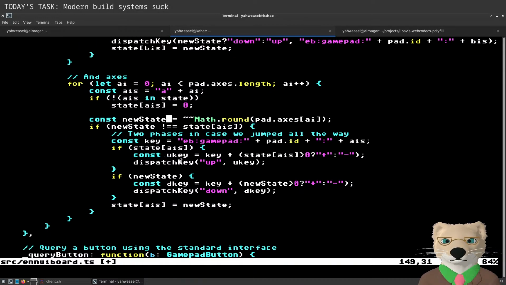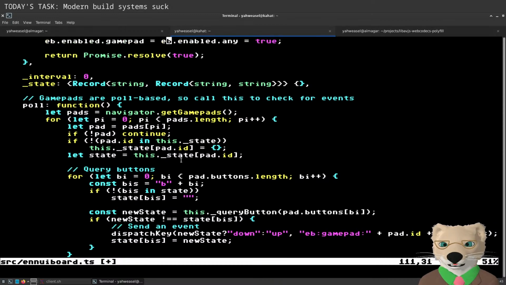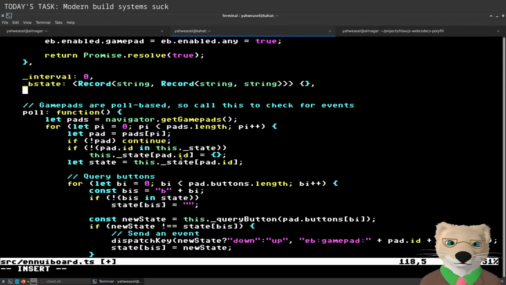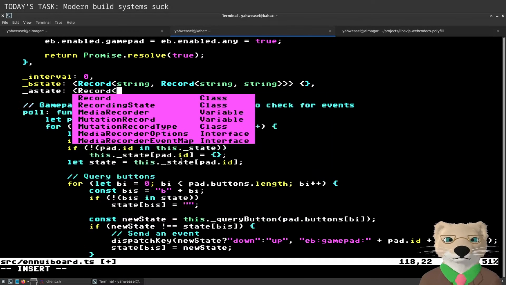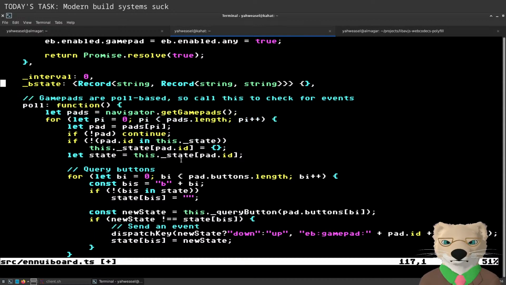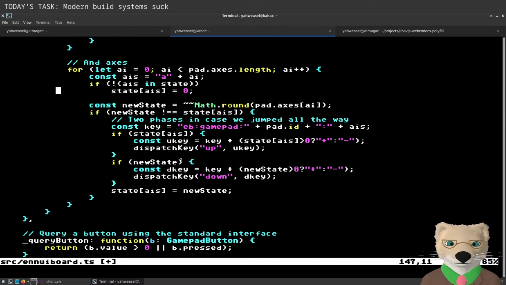Oh, I see. I'm using... Okay. I really should have a separate button state and axis state. Because the buttons are just up or down, and the axes actually have a range. Do I really need a button state and an axis state? That feels a bit silly. Because I surely don't...